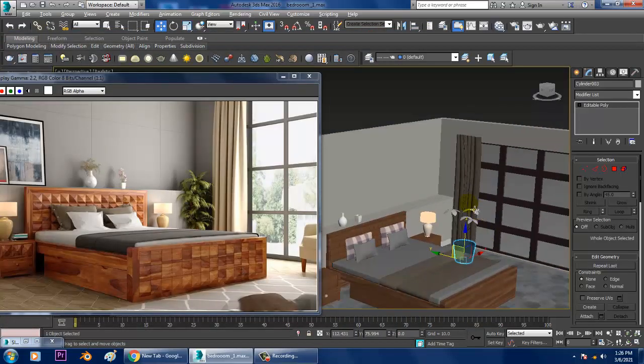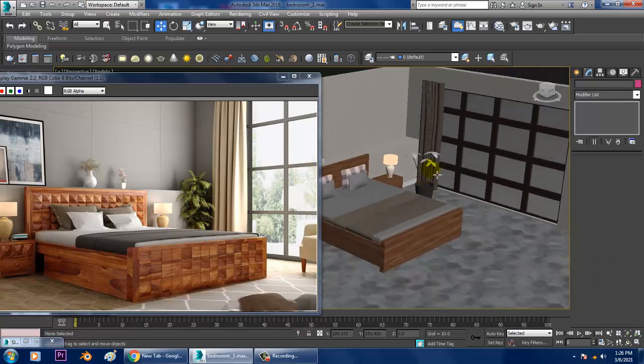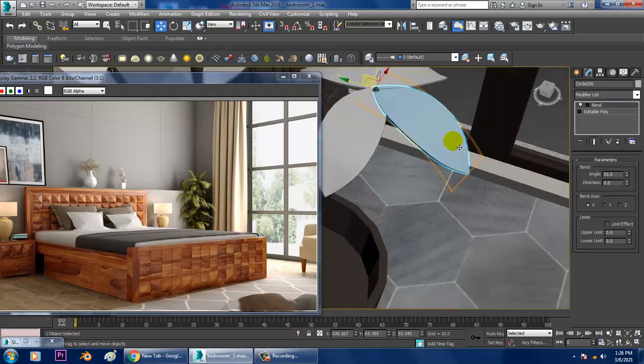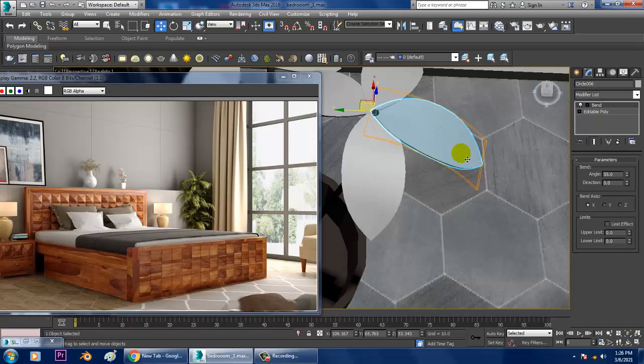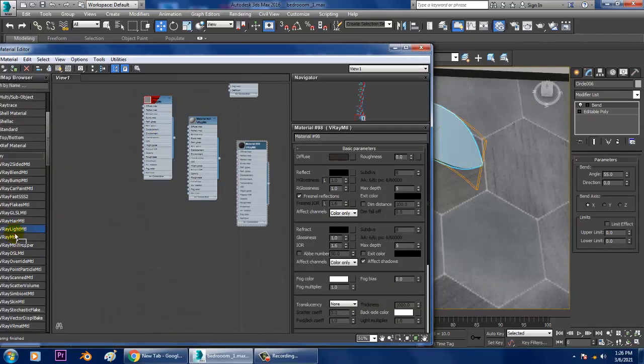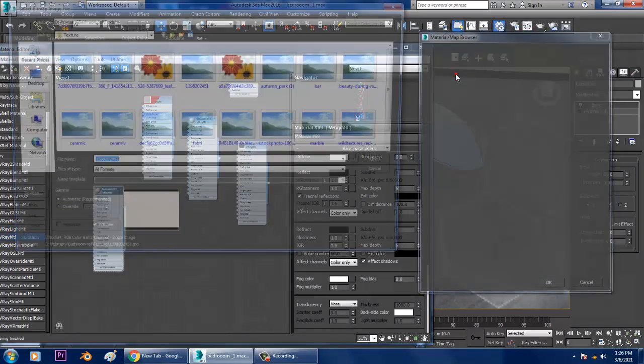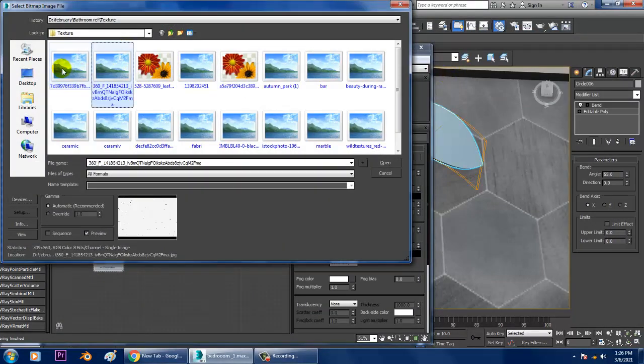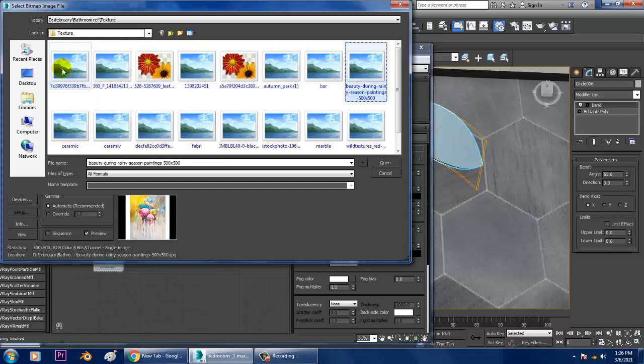After that, let's go on to the leaf section. Let's again go into the material, take a V-Ray material, bitmap. We have a leaves texture.